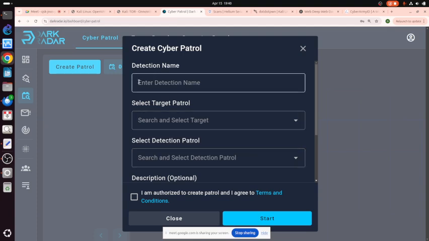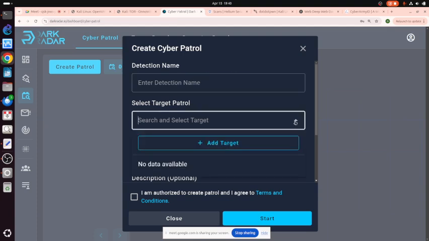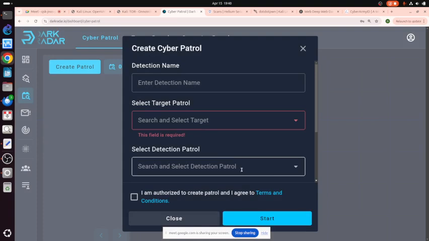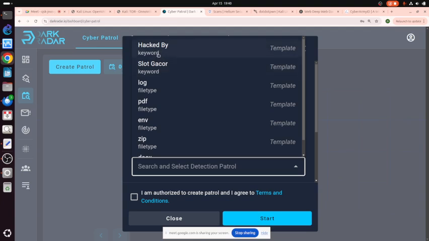We can set the name and then set the target. For example, the target is Twitter, Google, or a particular brand, and then we can select the detection of the patrol, whether the keyword is hacked by, log, PDF, and so on.